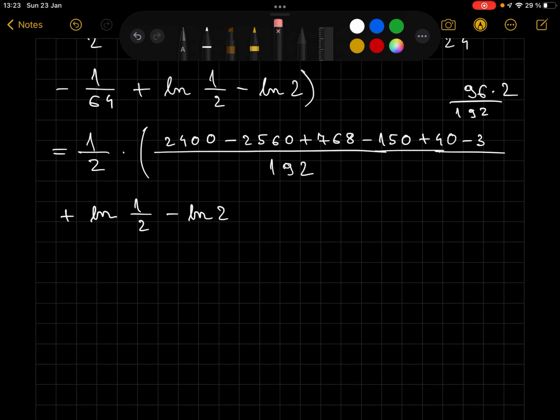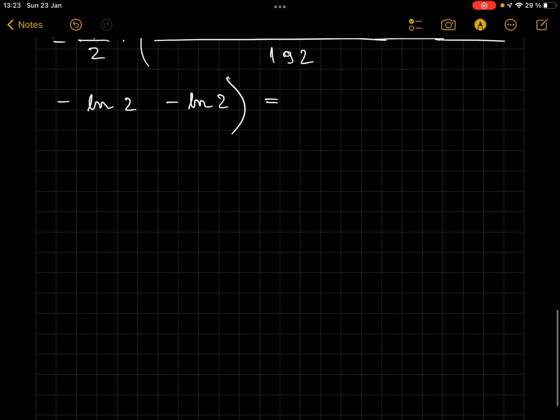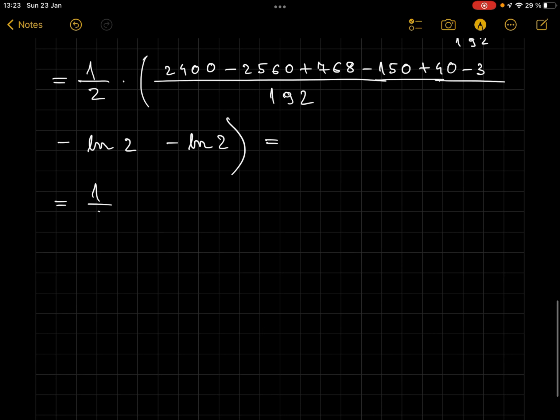Ln of 1 over 2 can be rewritten as minus ln of 2, and this is then equal to 1/2 times 2400 minus 2560 plus 768 minus 150 plus 40 minus 3 is 495 over 192 minus 2 ln 2,